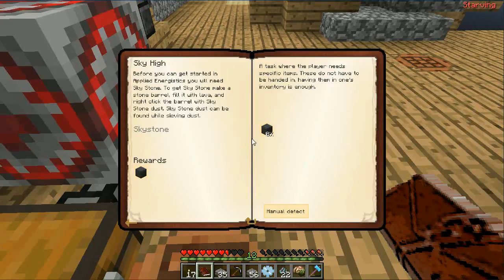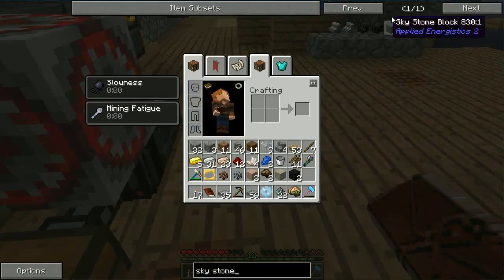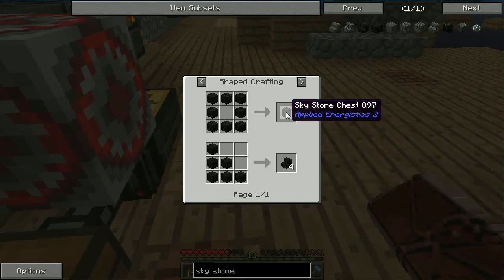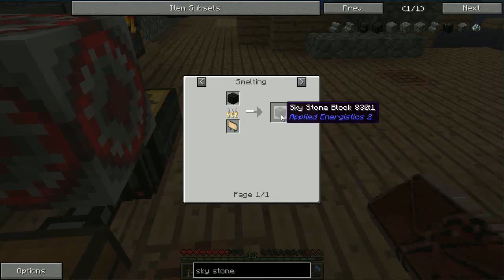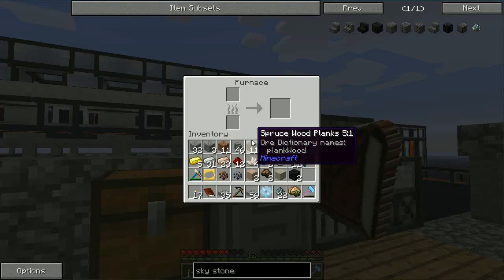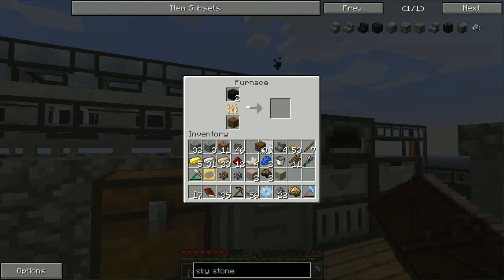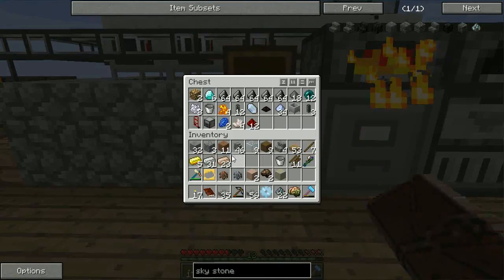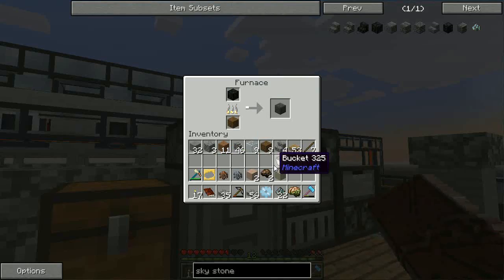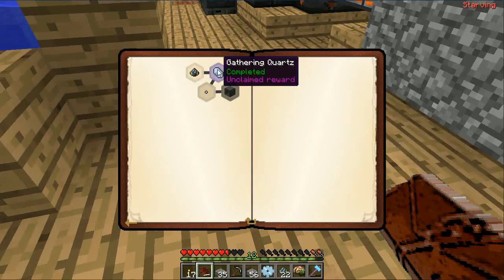So I need a block of 4, which make, actually, let me double check that. Skystone produces, oh, all I need to do is put it in a single furnace. Alright, so single block in a single furnace, I can manage that. So let's just load it up with a little bit of wood. And while that's going, let me try to clear my inventory a little. And done. And my reward is another skystone block. And moving on,